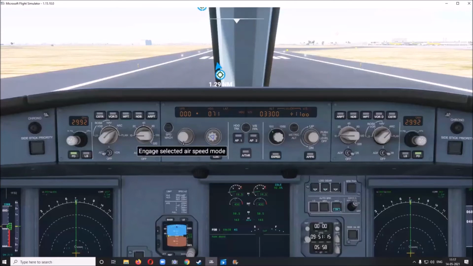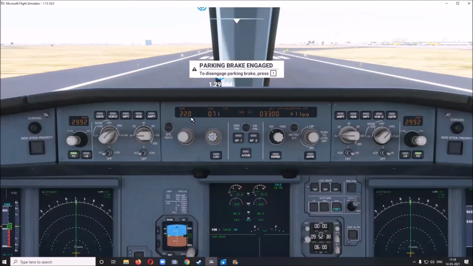Speed we will set around 220. Below 10,000 feet, we limit the speed to 250 knots. 1 knot is approximately 1.8 kilometers per hour. So here again, we go to the selected mode and set the speed. Now we have set the speed to 220 knots.